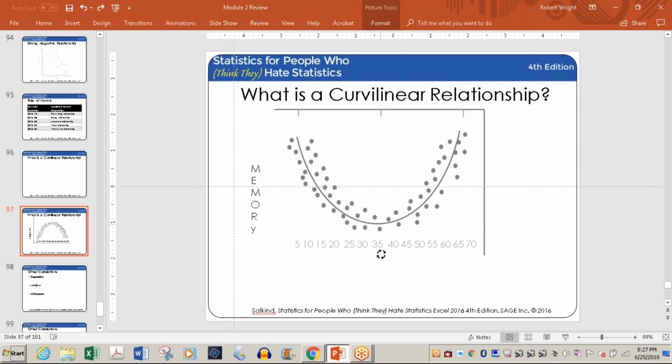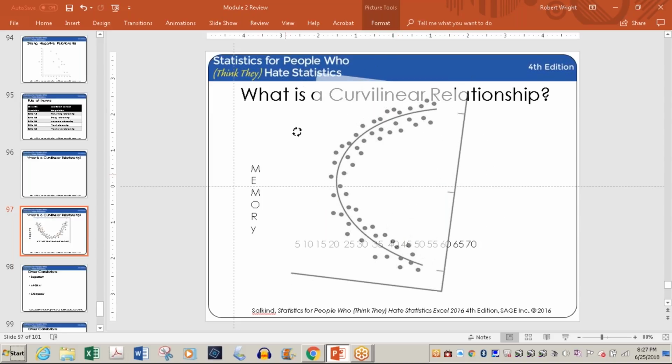Let's say, again, let's forget memory for the moment. Something like that. Maybe someone like me, I'm 67 years old, and I'm saying, man, I'm getting overweight. As I get older, I start exercising more, but I keep on going to buffets all the time. And then one day I said, man, I got to stop. I got to start exercising. I got to get better. And so as I get on in years, I start exercising and working out, and then I get better and better and better. Maybe that's not a great example, but it illustrates the point.